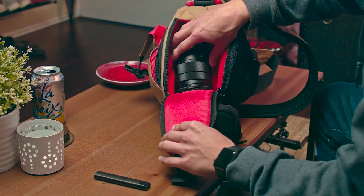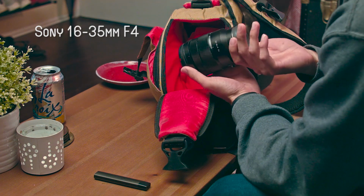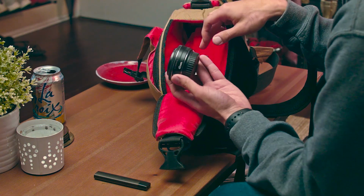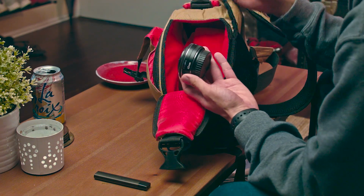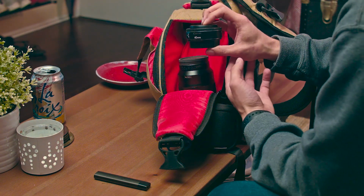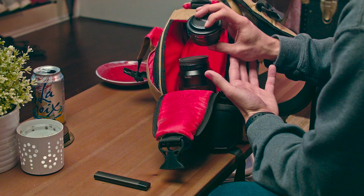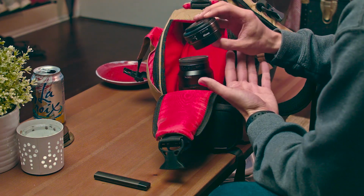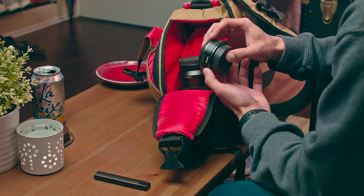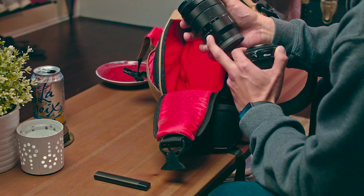So in here, I have my extra lenses. So I have this Sony Zeiss 16 to 35 millimeter, which is a phenomenal lens. And then just for a little mid-range, to have an in-between between this lens and the long lens that travels on my camera, I have this Canon 40 millimeter pancake lens, which is one of the first lenses that I ever bought. But it has served me so well over the years, and I don't think I'm ever going to let go of it because the images are crisp and sharp, the colors that the lens produces are amazing, and it's a f2.8, so if I'm in a low light situation and this Sony Zeiss f4 isn't cutting it,